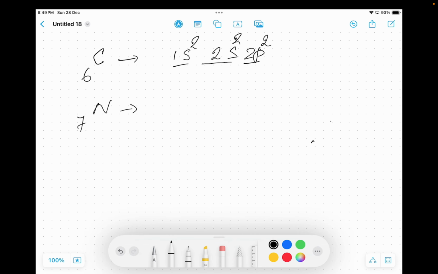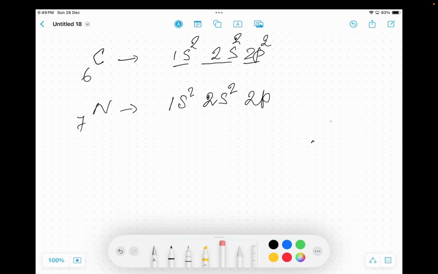7 electrons are to be distributed into subcells. First you add into 1s 2 electrons, remaining 5 electrons. Next you go into 2s 2 electrons. Now remaining electrons are 3. So you should add in p. P has capacity 6 electrons, but here